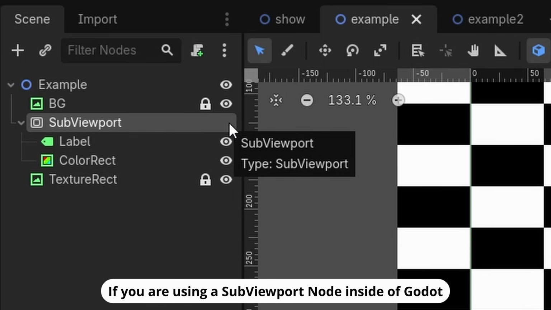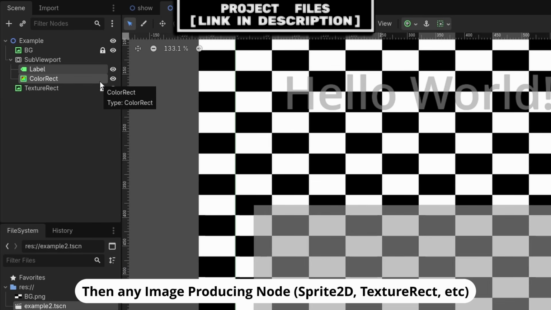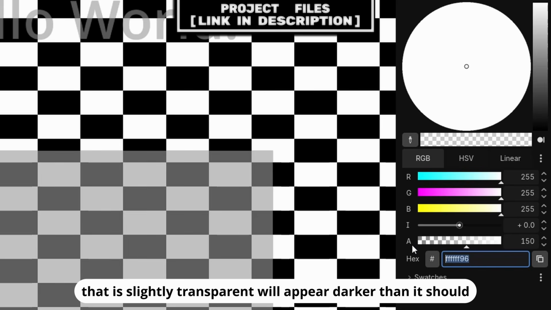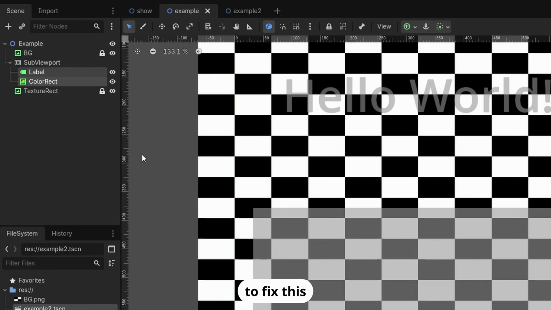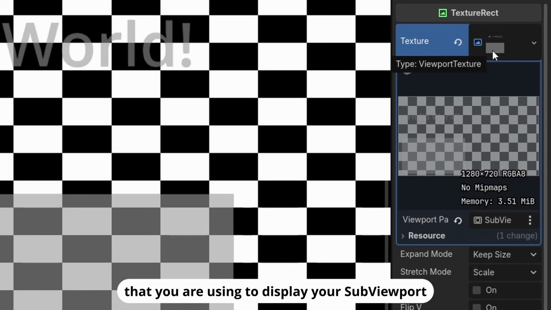If you are using a SubViewport node inside of Godot, and you have enabled transparent background, then any image producing node like a Sprite2D, TextureRect, etc. that is slightly transparent will appear darker than it should. To fix this, simply go to your TextureRect, Sprite2D, or SubViewport container node that you are using to display